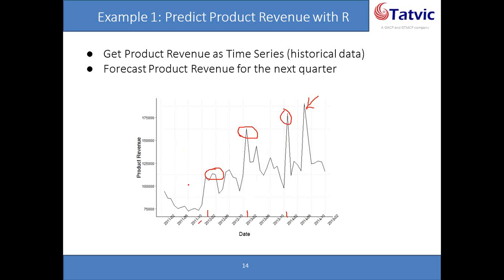The other thing you may want to note is that the general trend is going up. The overall product revenue is moving up as well. So when we are trying to forecast the next quarter's revenue, it's essential that we are able to separate the impact of the cyclic or seasonal factor and these anomalies that I explained, and then have an overall trend which explains that the long-term trend is moving upward.